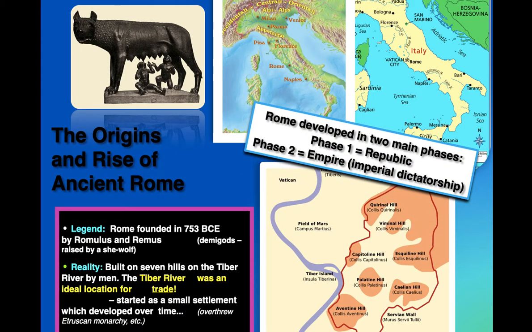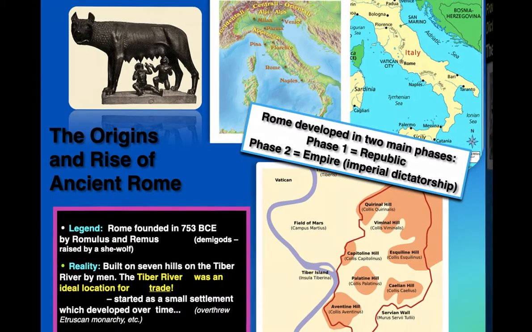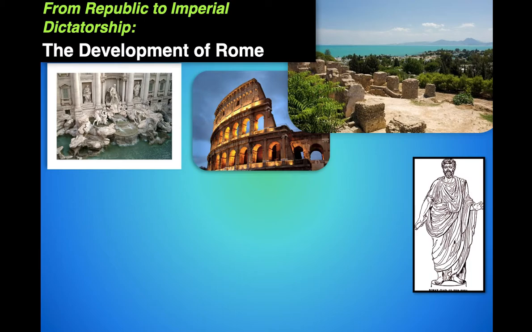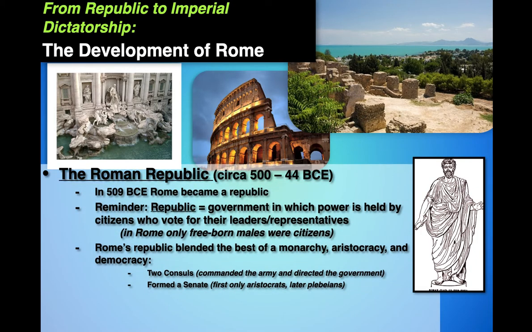Rome developed into two main phases. Phase 1, a republic. Phase 2, an empire, or an imperial dictatorship. And what's a dictatorship? It has one central leader who makes all the decisions. From republic to imperial dictatorship, the development of Rome. So here we have a picture of the Colosseum in the middle. The Roman Republic started about 500 and went to